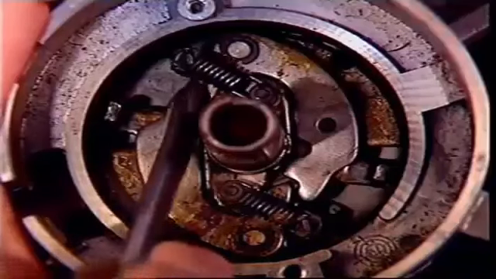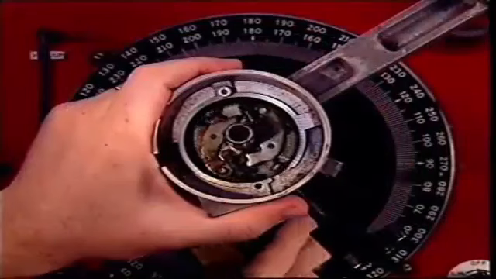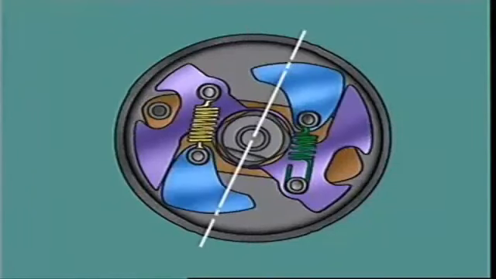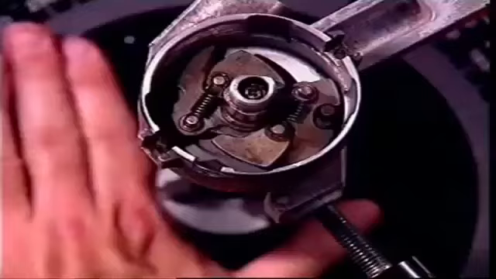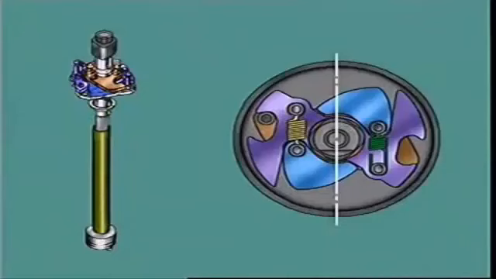However, as engine speed increases, there is less and less time for the mixture to be ignited and for this maximum pressure to be developed. So the ignition point has to be advanced. This must occur automatically in relation to engine speed and engine load. The speed-sensitive mechanism is a centrifugal type, which is located beneath the distributor base plate and rotates with the distributor cam. As engine speed rises, the flyweights on the advance mechanism are thrown outward by centrifugal force. Since the cam is able to pivot on the distributor shaft, the weights act against their springs and move the